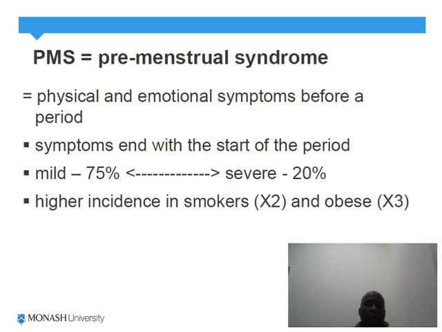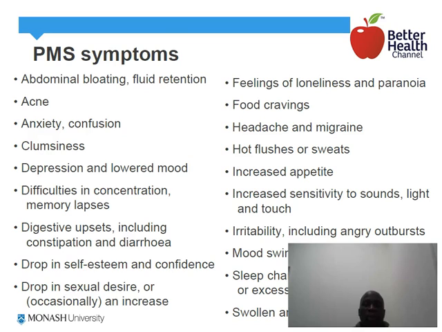So we have mild symptoms in about 75% of women, and we have severe symptoms in about 20% of the women. And it can increase to twice as much in smokers, people with a high incidence of smoking, and 3 times in obese women. Okay, now these are the symptoms of PMS. For example,